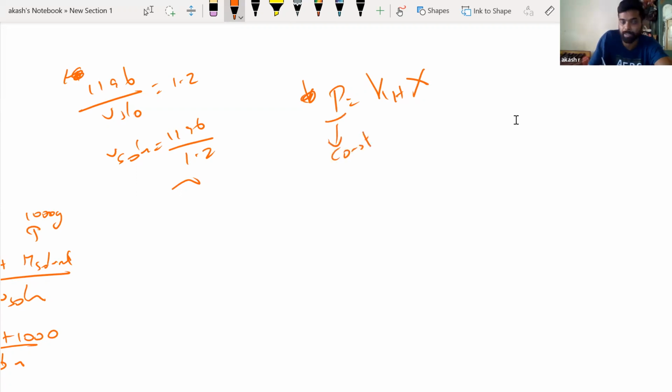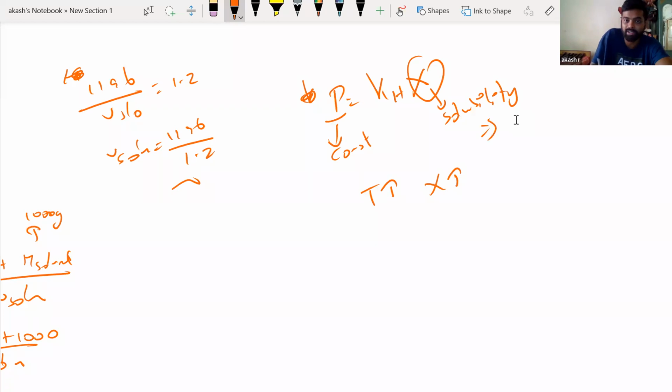Right, we are not changing the pressure. Now what I'm doing is, when I increase the temperature, this X is your solubility, isn't it? When temperature increases, I know solubility also increases, more amount of solute gets dissolved. So when temperature increases, X increases. This fact we have to establish.